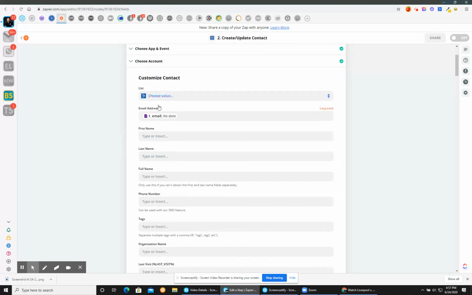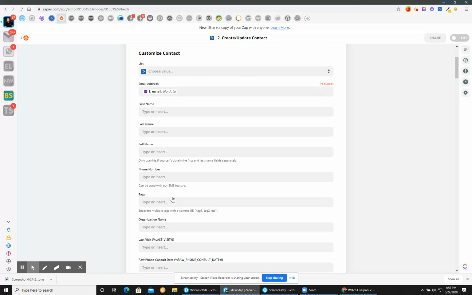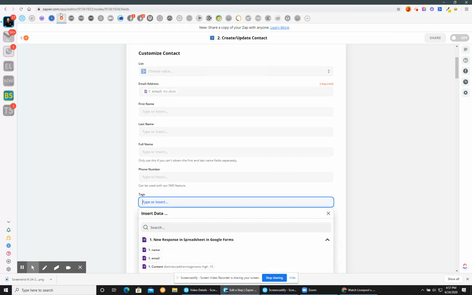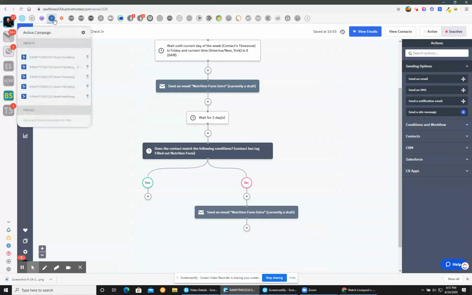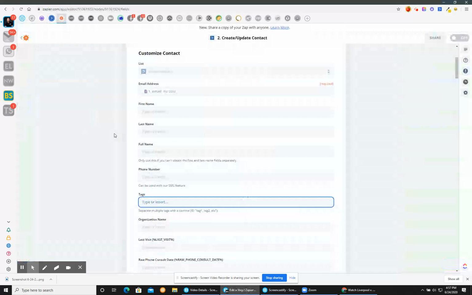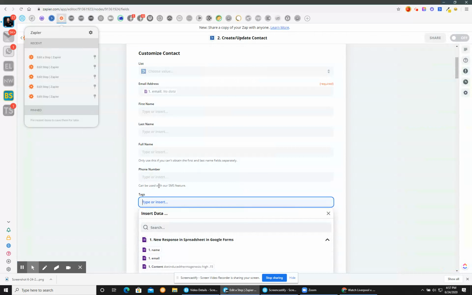And then because that is their email address, this person exists in ActiveCampaign already. I don't need to fill all this stuff in. But what I do want to put in there is my tag, which we said was, I always want to double check, nutrition form, filled out nutrition form, right? So I'm going to put in filled out